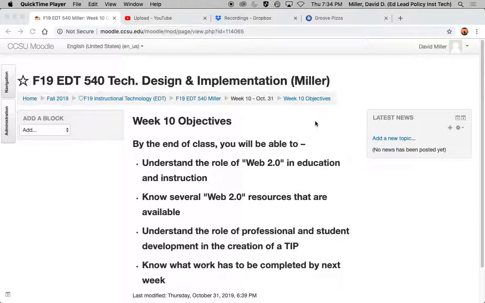I'm going to split the class up into 2 sections. So if the 3 or 4 of you in your small group want to do that activity, not literally at the time where we would normally have this class next week, but to set up a different time to do it, then that's fine with me, as long as you find a common time to come together and do the activity. So that's next week, and next week is going to be all about assessment,